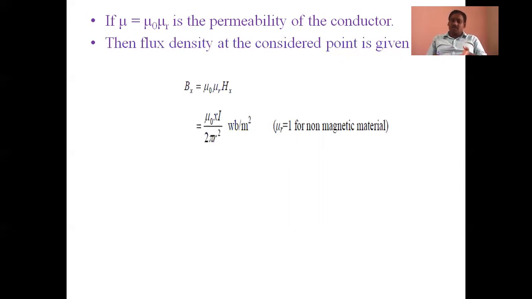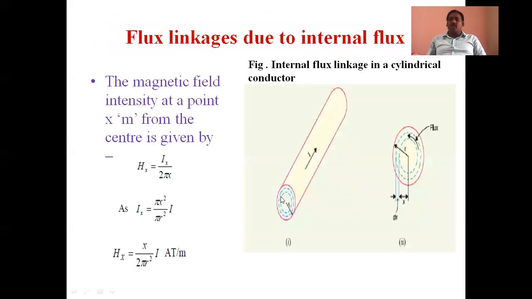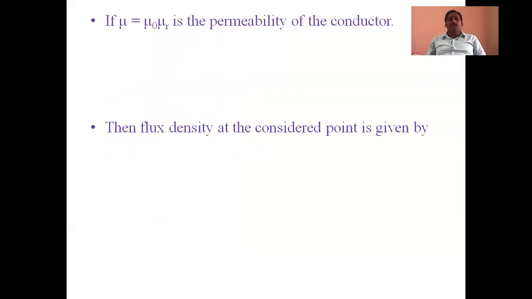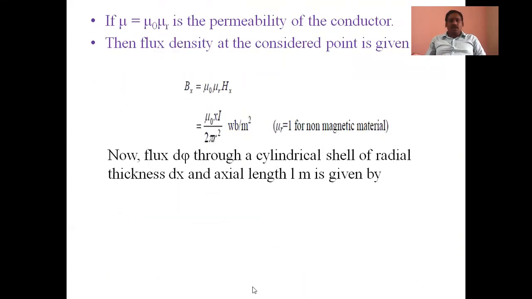Differential surface area means ds. A surface is two-dimensional; we have here only two dimensions: the length of the cylinder and the radius of the cylinder. So if we consider length L equal to 1 meter, and the radius is dr, we can see that the radius is dx, as we already represented the differential radius as dx.